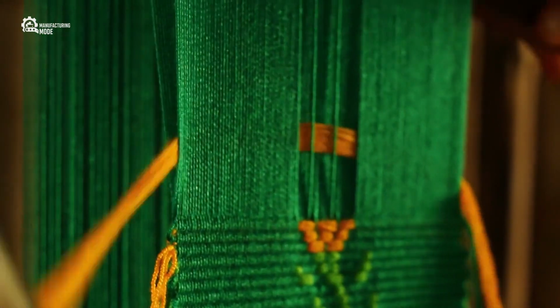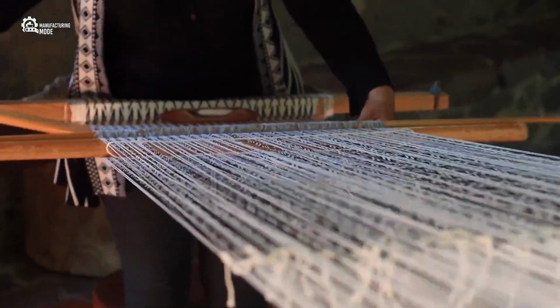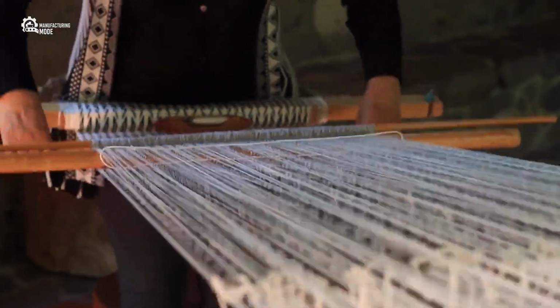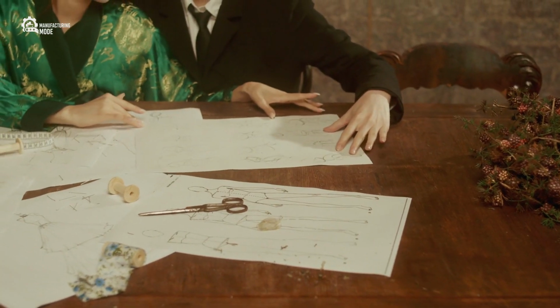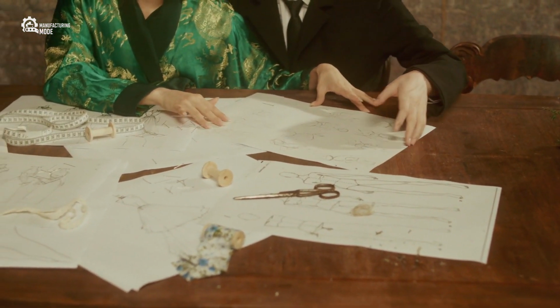Silk's appeal lies not just in its beauty, but in the story woven into every thread, a story of transformation, patience, and the relentless pursuit of excellence. From the quiet mulberry groves to the bustling workshops, from ancient emperors to modern designers, silk continues to captivate and inspire. So the next time you marvel at a silk dress, tie, or scarf, remember the remarkable journey it has